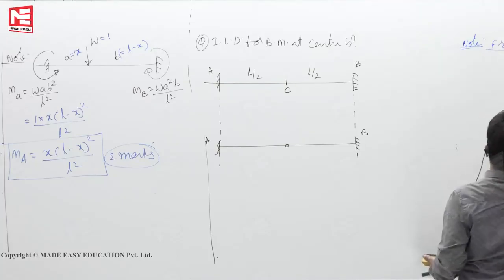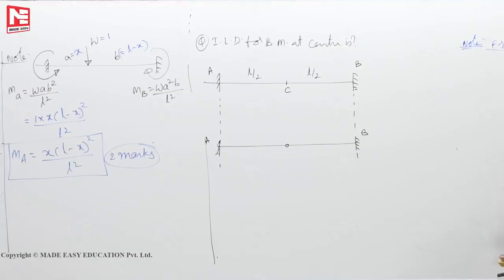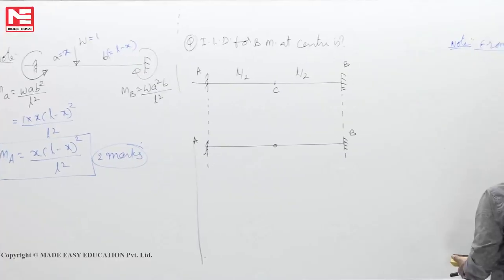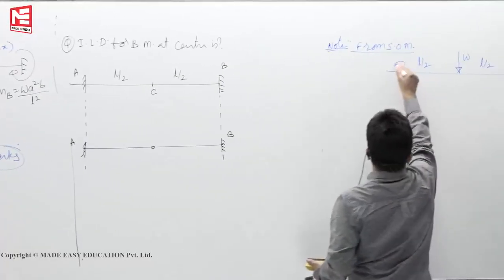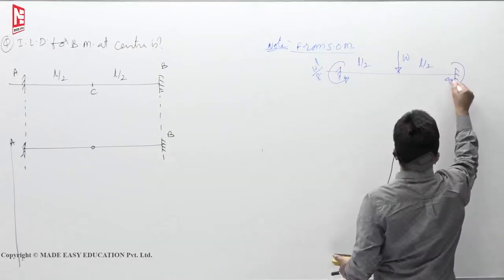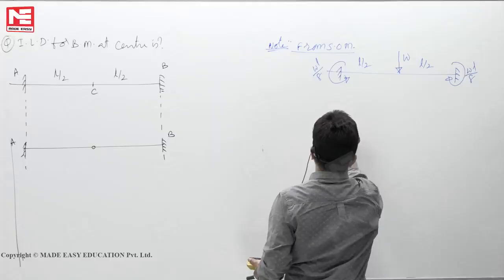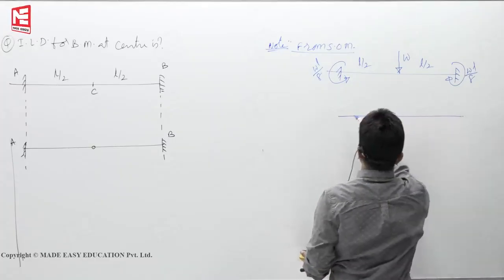This is what we have studied. Assume that we have a fixed beam subjected to central point load W, L by 2, L by 2. The fixed end moments here are WL by 8, WL by 8. Now if you draw the bending moment diagram, the free bending moment diagram is like